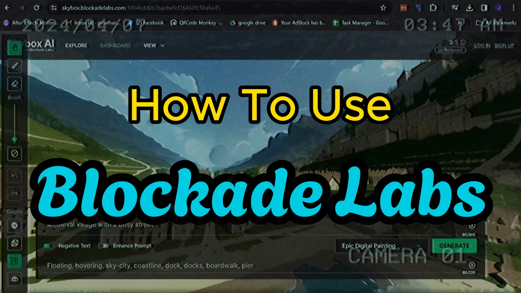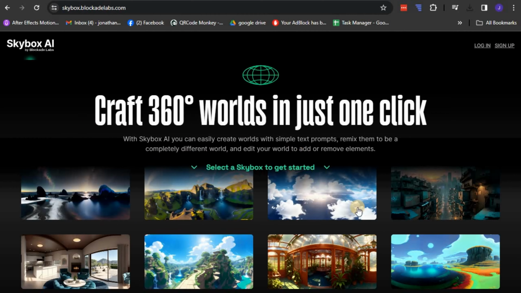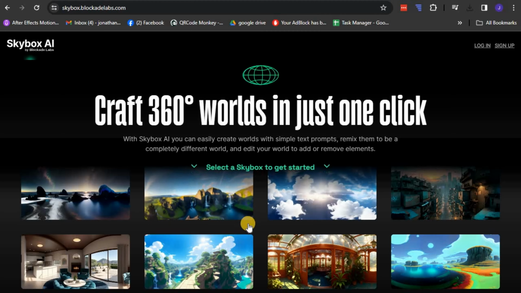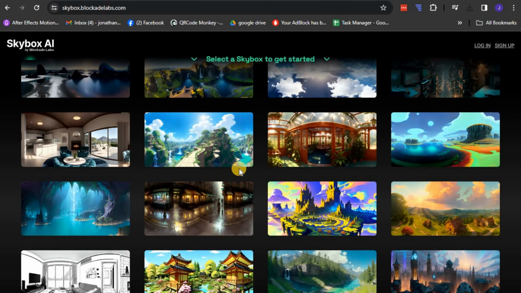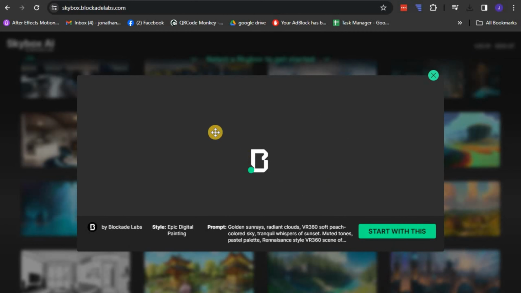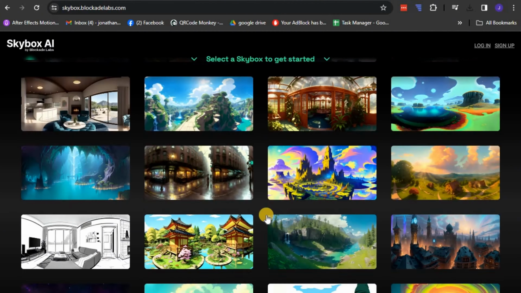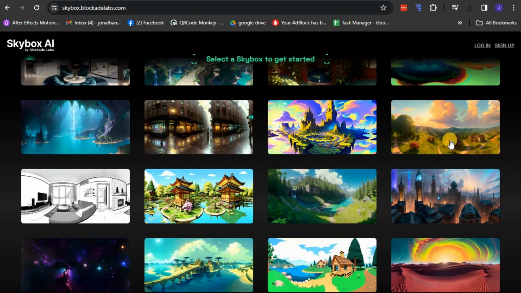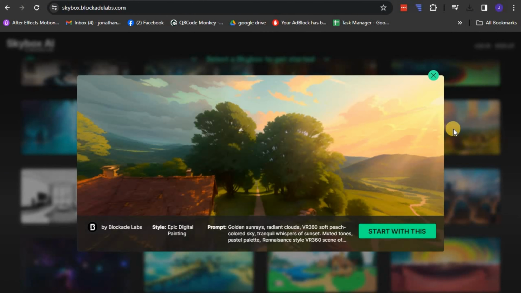How to use Blockade Labs. Upon entering the Skybox AI platform, the first step is to select the style that best suits your needs. This is essentially choosing the type of environment or texture you want your 3D space to represent. Once you've made your selection, all you need to do is single-click on your desired style. As soon as you've done that, scroll to find the Start with This button and click on it to initiate